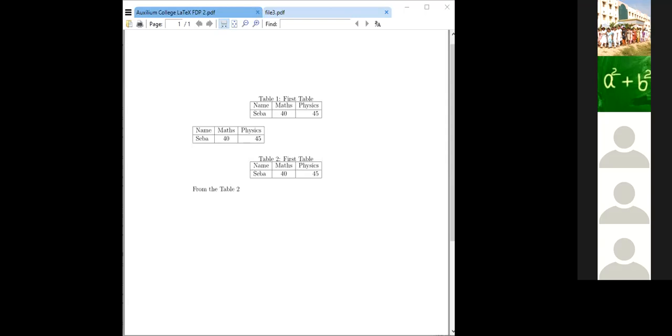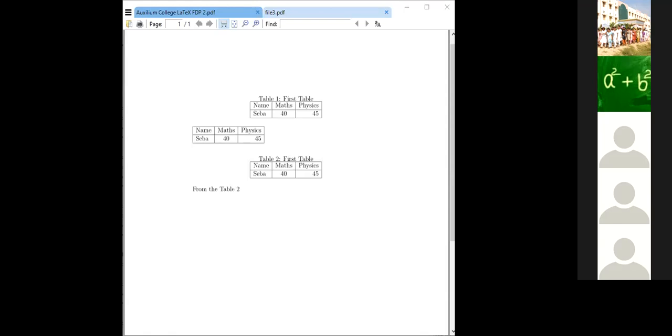Then trim: first is left, second is bottom, then right, top. These are the alignments. Now I am going to reduce this file from the left side 1 centimeter, from bottom 10 centimeter, from right 1 centimeter, from top 1 centimeter.